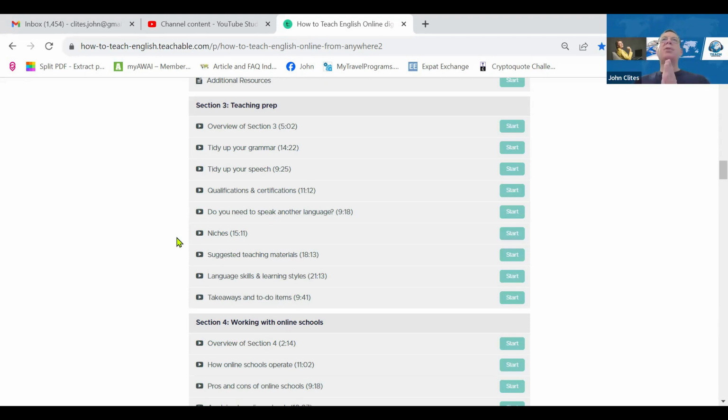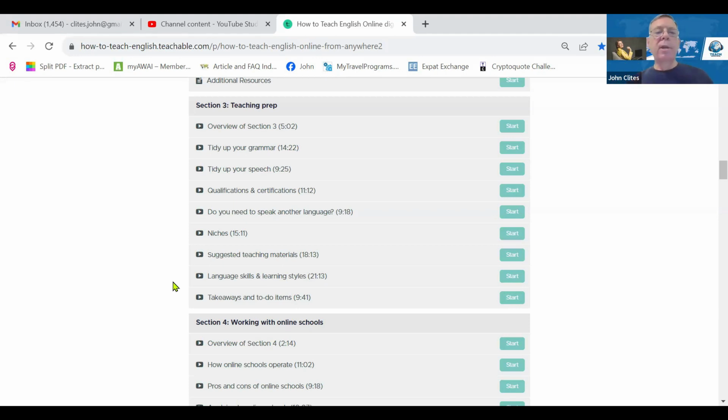Moving ahead, niches. Now, I talk so much in my course about niches because it underpins so many decisions that you'll make. And so I start talking about it here, and I'll talk about it again later when we talk about going solo. I'll give you some suggested teaching materials. I would suggest that you buy some upfront, like a good grammar book. There are other materials like prepared lessons that you may choose to delay purchasing until you have some income coming in. But anyway, I'll make recommendations there, and I use all of these, okay? So I won't recommend anything that I don't use and like myself.